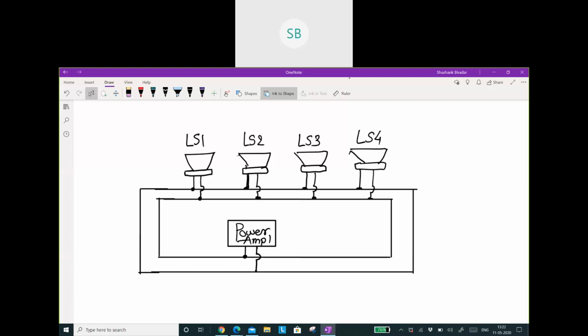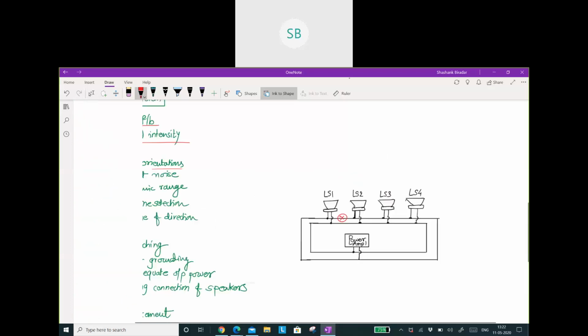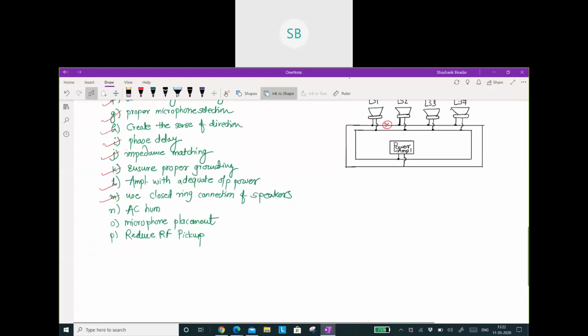For example, here it is broken, but still it is in operational mode, right? So it ensures that even though the connection is broken at some point, the system will still not become inoperative. This will improve the reliability of the installation. So that is why this is important, as we have seen.